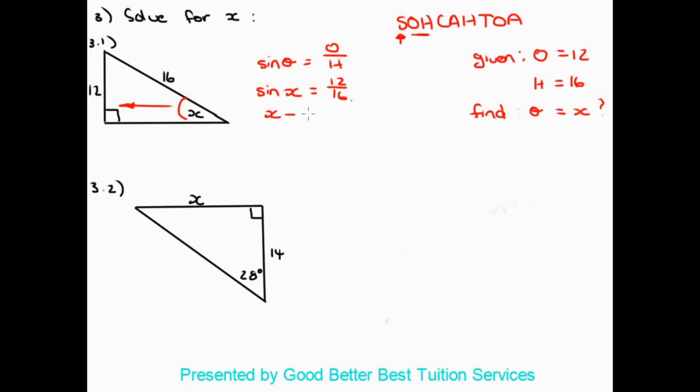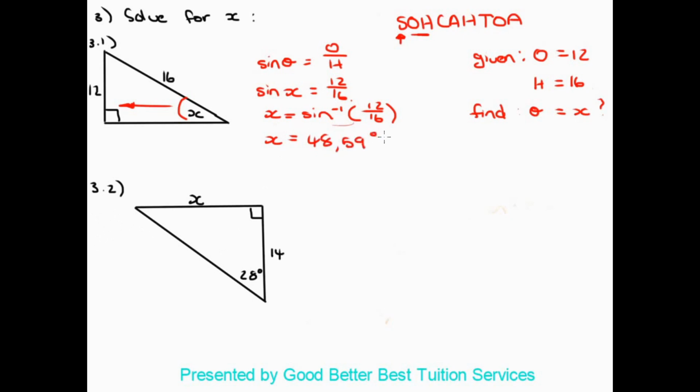And what that looks like on paper is sine to the negative 1, and then we put in brackets the 12 over 16. So the way you get this function, if you can remember from the last video, is we press shift and then sine, and that's why we call it shift sine, and your calculator should show this over here. Then once you've plugged all of those into the calculator, x we know will equal 48,